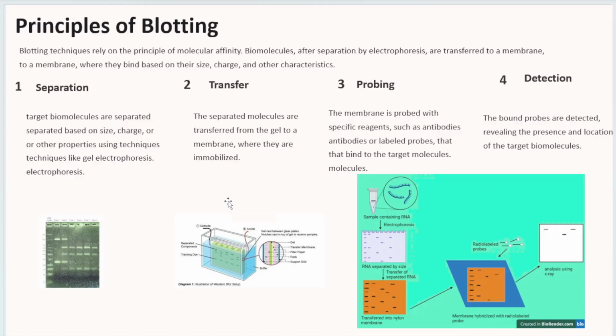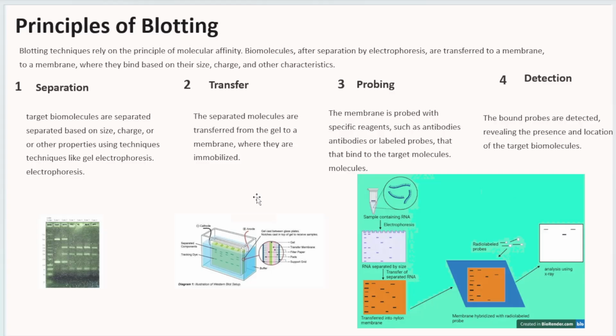There are some other membranes as well. Upon that we keep some spongy supporting matrices, also called pads, and then we have a grid. So we cover this entire transfer membrane and gel in this, and then we keep it in the buffer and pass the